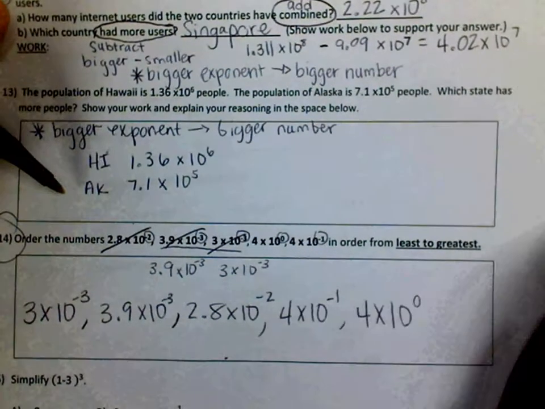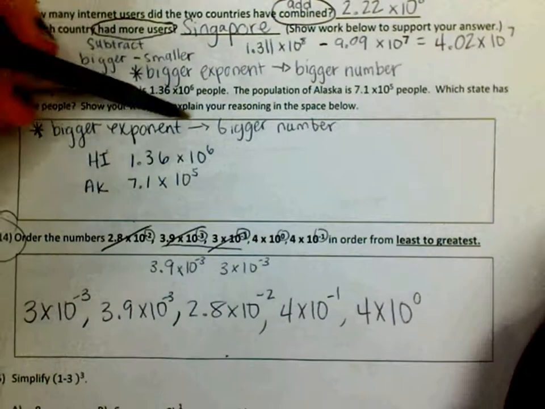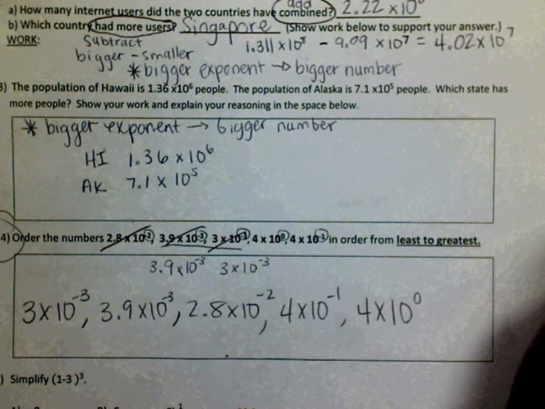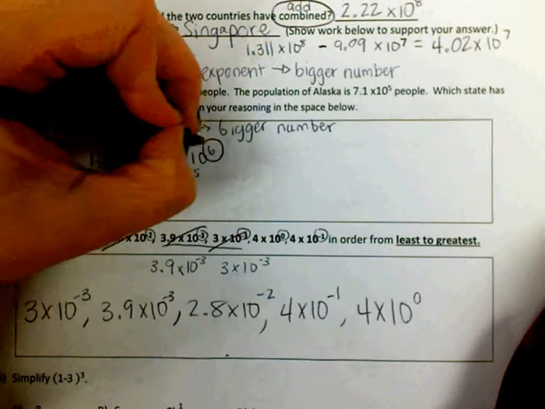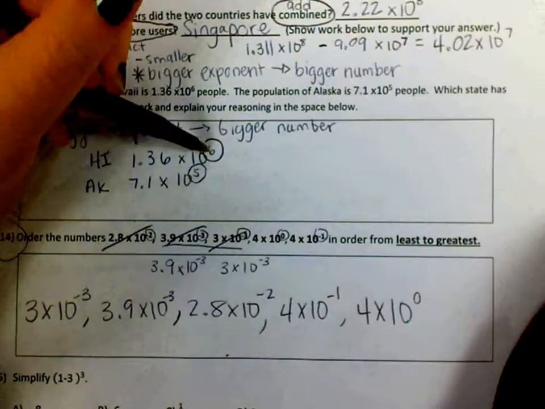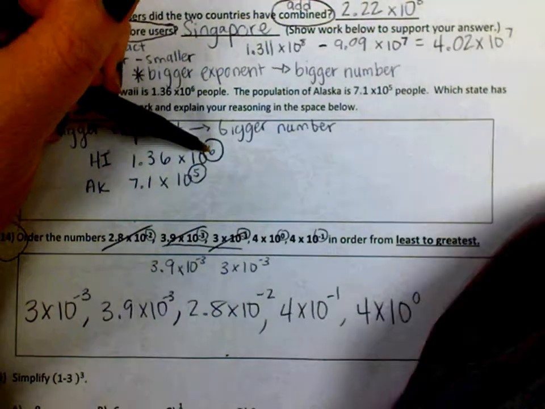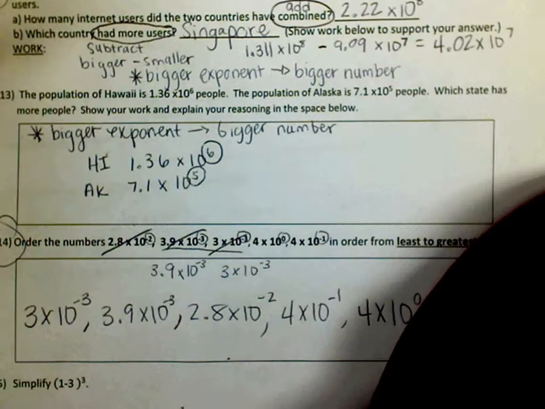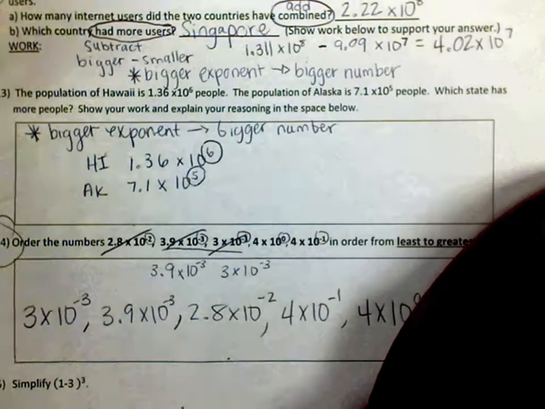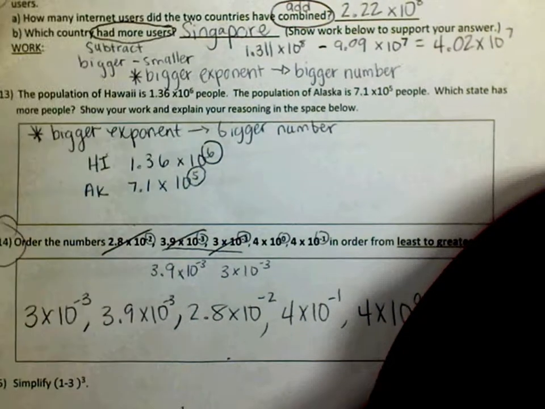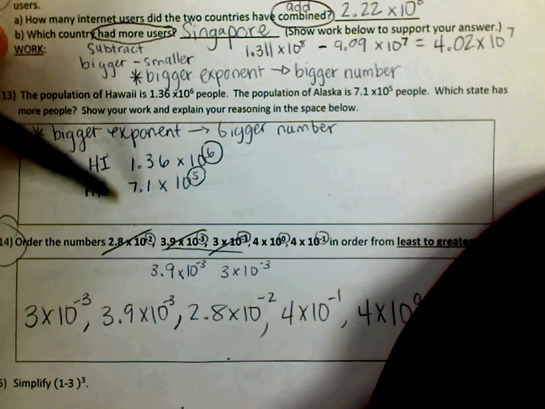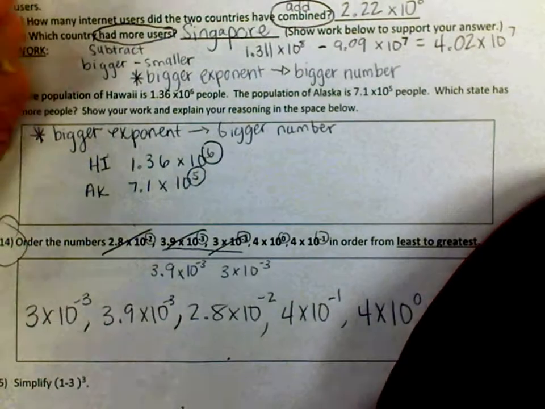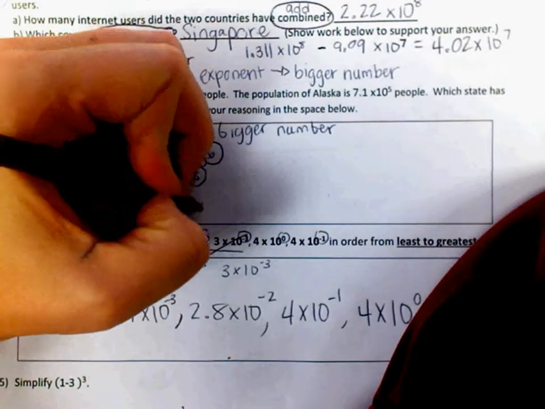So like I was saying in class, the bigger the exponent, the bigger the number. So if they're asking you which one has more people, that means which one is greater. So you look at the exponents. This one has an exponent of 6, and 6 is greater than 5. So Hawaii has a greater population because the exponent on the number is bigger. Even though this says 1 and this says 7, the exponent trumps that, okay? So Hawaii,